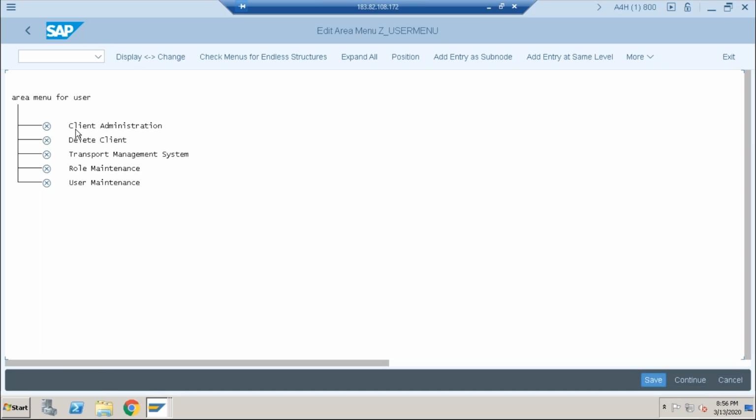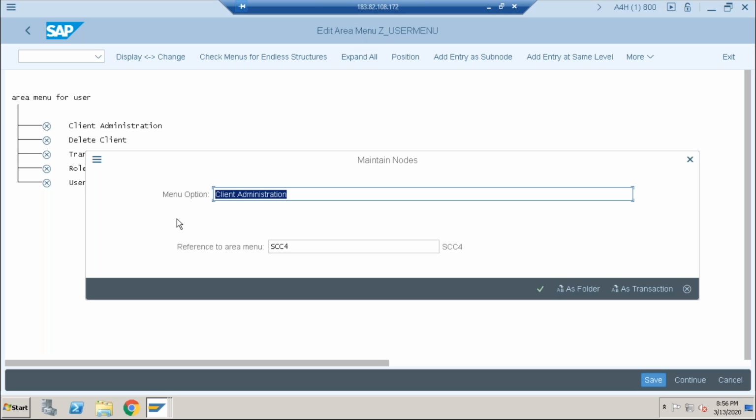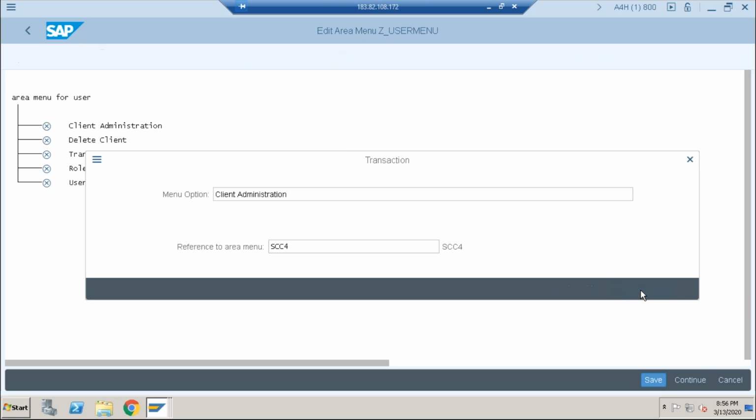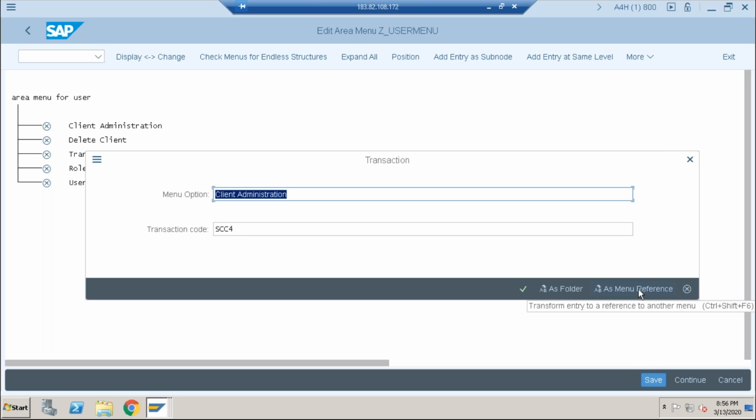Click on change. When you go for what is showing, this we are checking. Selected, just right-click on execution. Why is the color red? What is that? No, not a cross symbol. So this is refreshing the menu as the same folder, just as a transaction code. Make sure this is the transaction. Make sure this is the other transaction.